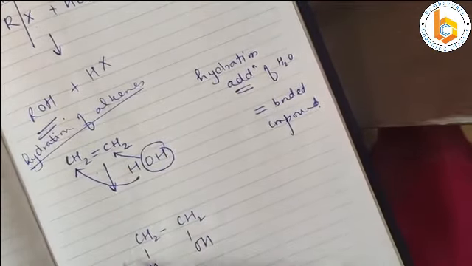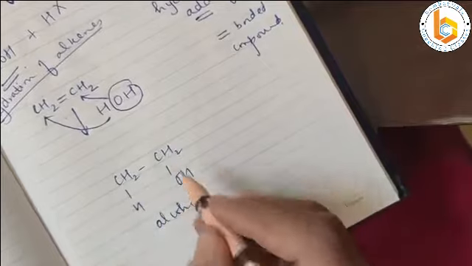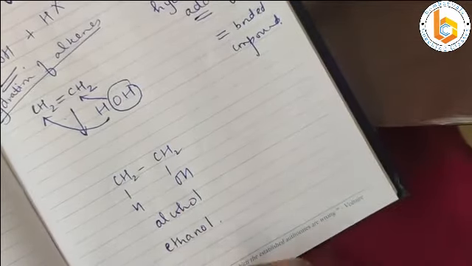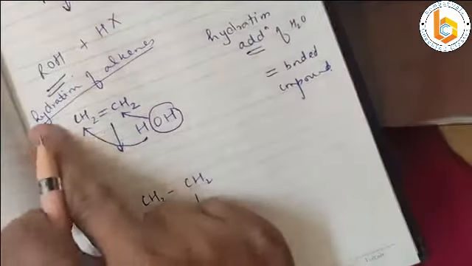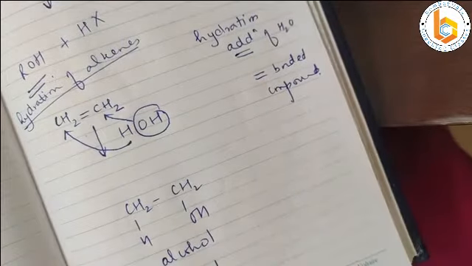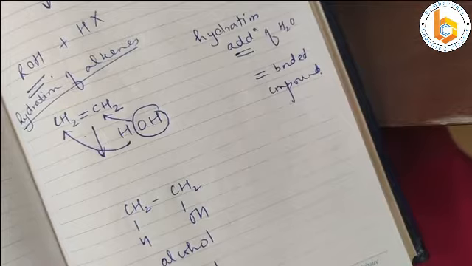And by this we prepare what? Alcohol. This one is which alcohol? This is ethanol. That is the third method of preparation, which is nothing but hydration of alkenes. We are going to talk about one more method of preparation from